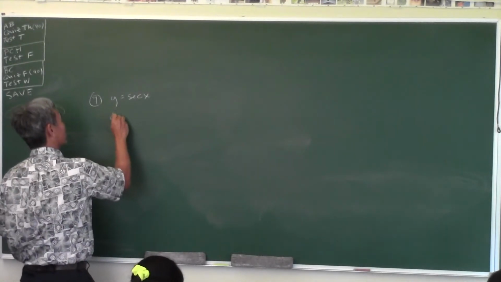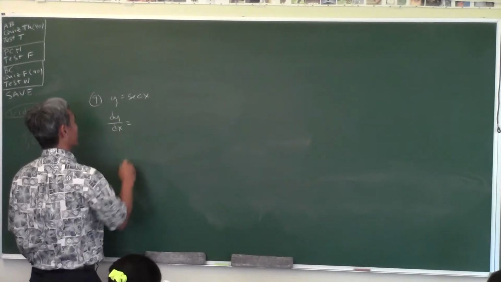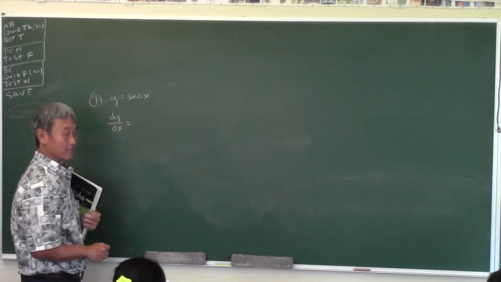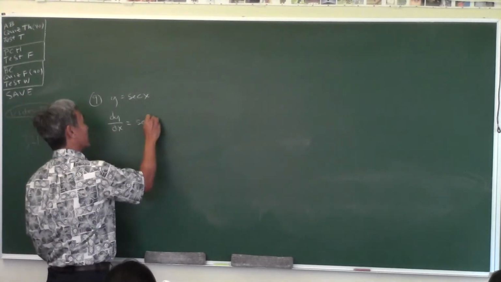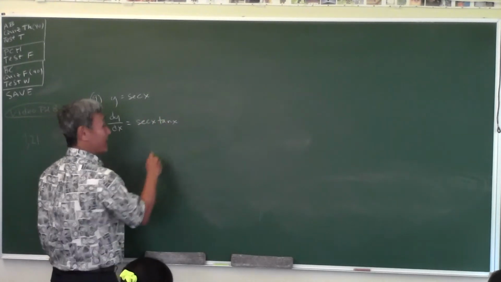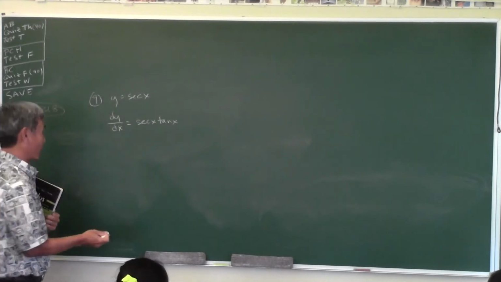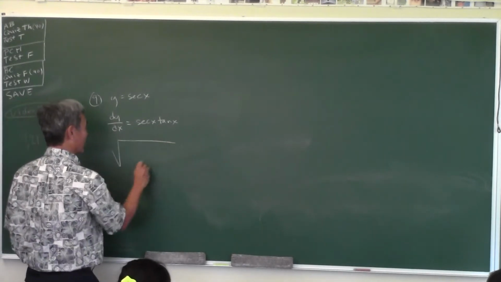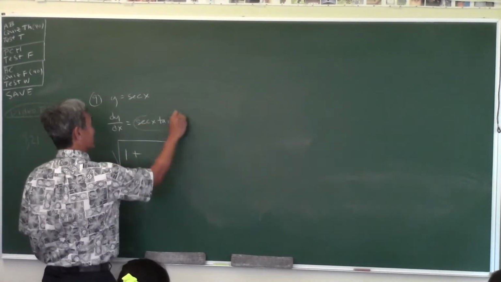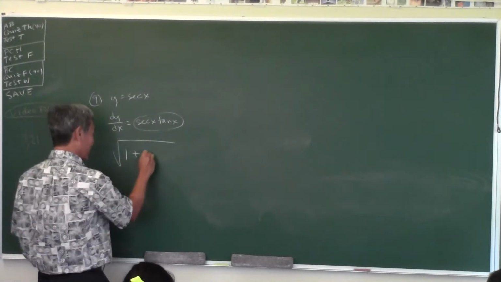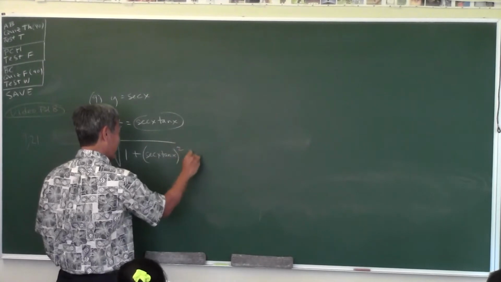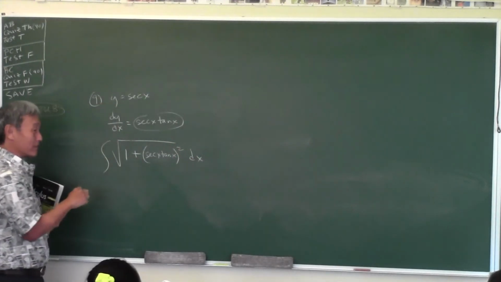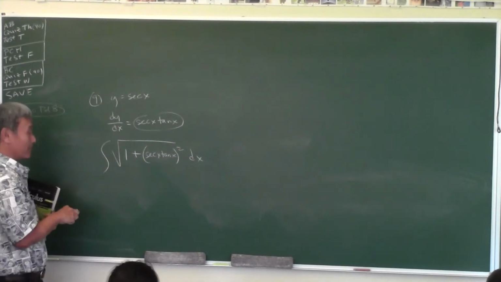So the first thing you do is compute the derivative, dy/dx, which is secant x tangent x, and then you throw it into the length of curve formula. It's the square root of 1 plus the derivative squared, so secant x tangent x squared dx, and then you add up all of these tiny pieces of curve from